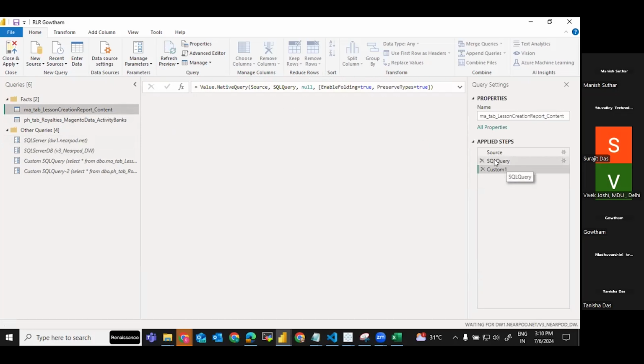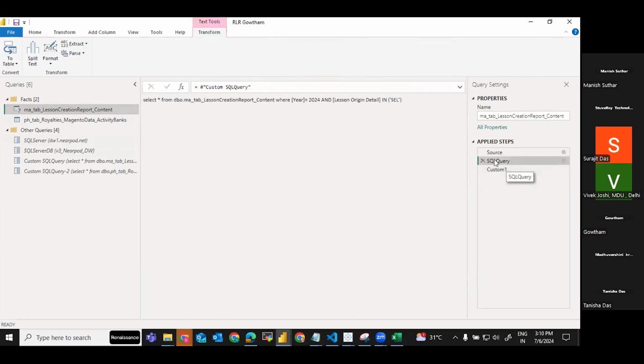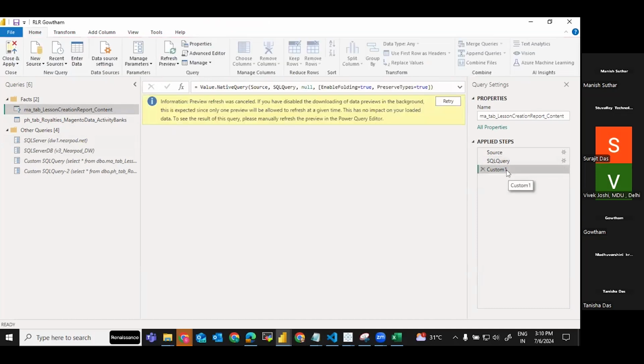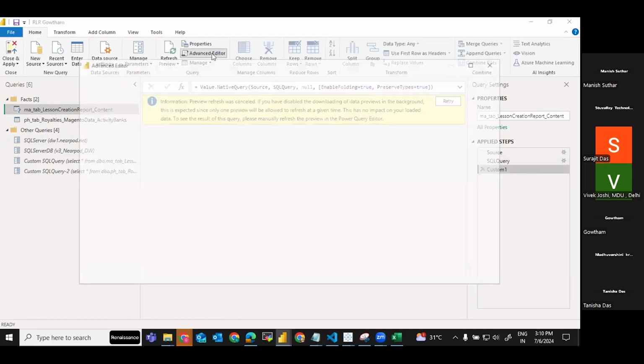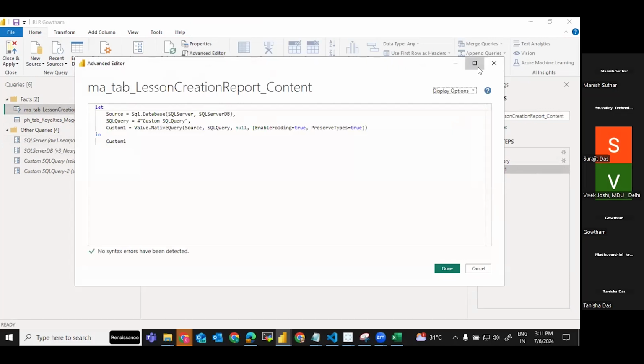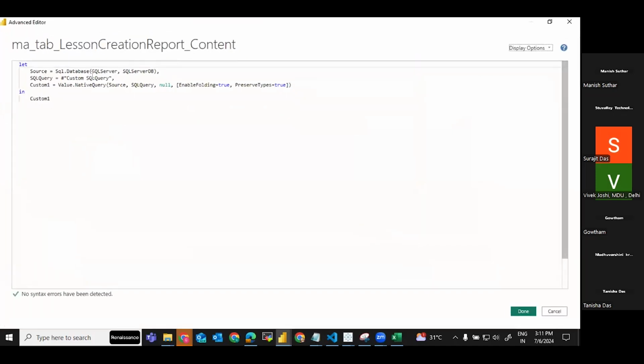here you will be able to see the SQL query tab. So you have to click on this, or else you can click on custom. Here is the advanced editor. This advanced editor is nothing but where you can write your queries. So here, what kind of queries is written: the source table name is given, the server name is given. And okay guys, don't worry about what the server name is, everything I will cover. But as of now, I just want to show you